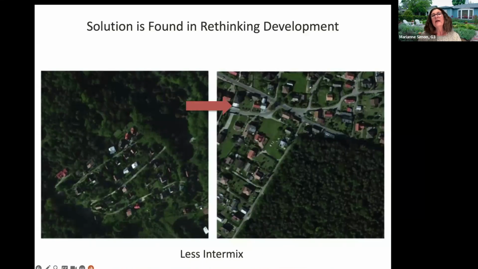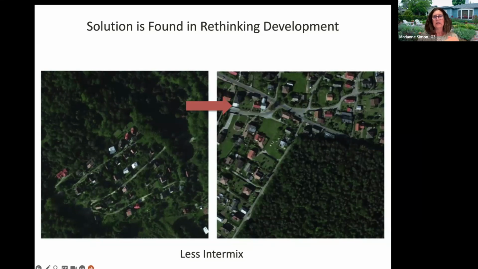So what we have to do is look at how we can do things a little bit differently. There's both the macro, the urban planning, the big picture, the master plans, and then there's the much smaller, the micro: what are things that we can do on our own properties. But one of the things we definitely have to look at is how we are developing our areas. Literally Altadena has been wiped out, the Palisades have been wiped out, Paradise was wiped out. And as we come back to rebuild, what can we do differently to make us less vulnerable?